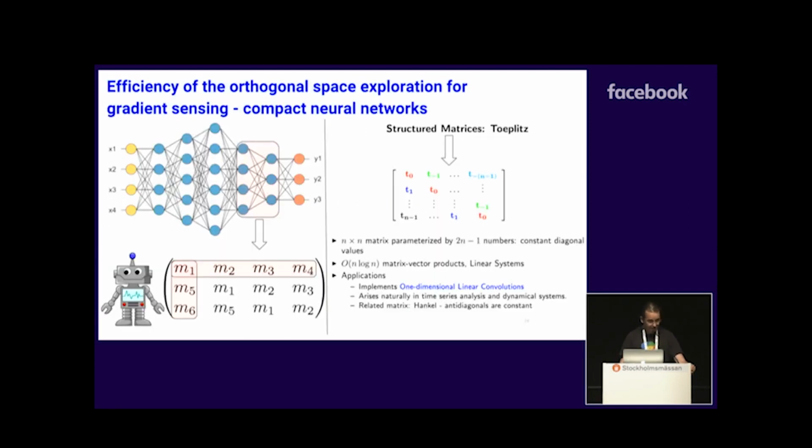Now, the other trick that we can apply is to make the policy much more compact, using basically structured matrices, learned structured matrices to encode the neural network. What we did in this paper, we used feed-forward neural networks to encode the policy with Toeplitz matrices, and that basically gives us the reduction of the number of parameters from quadratic to linear. So the number of perturbations that we need to make to accurately sense the gradient is much smaller. And those structured policies work very well in practice. They, in fact, outperform unstructured ones.